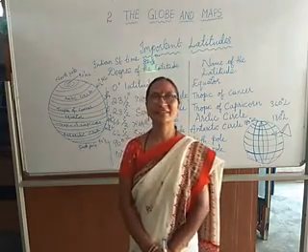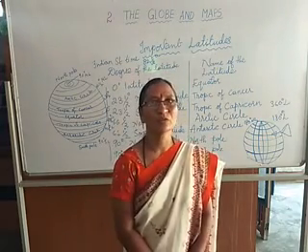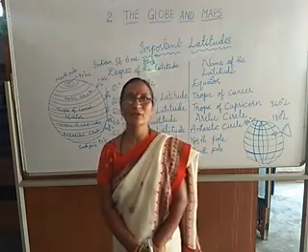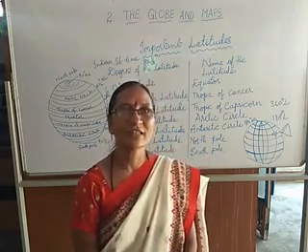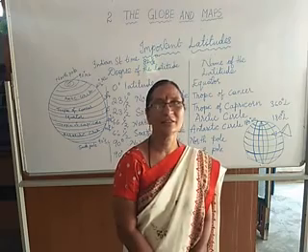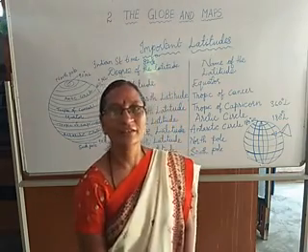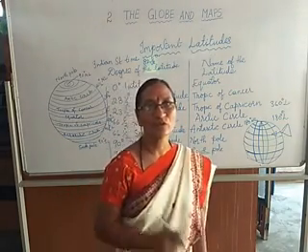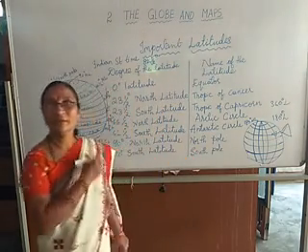Are you reading anything? So today we will do social studies lesson number 2. The first lesson we have completed. Do you remember? Are you reading the lesson? What is the name of the first lesson we have done? Yes, Earth and its neighboring countries, right? And now today we will do lesson number 2. What is that? Globe and maps. Yes.